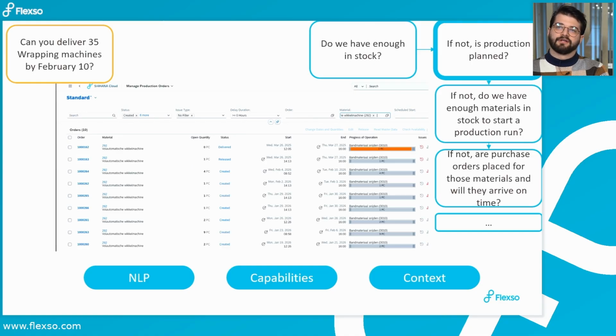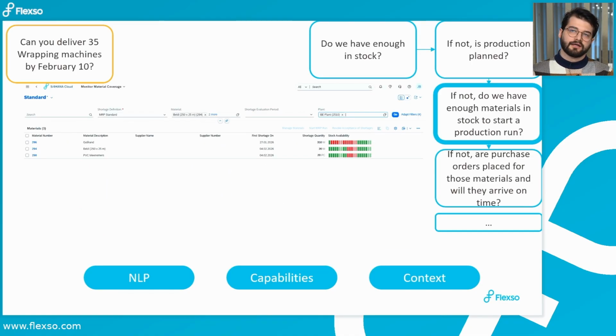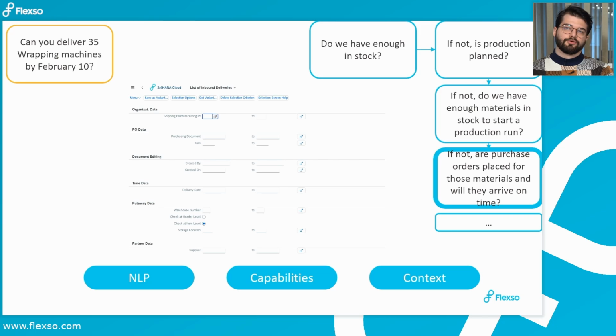If there's no answer there, then I also have to think, can I produce it? Do I have the materials to produce it? Which is, again, a different application. And if I can't produce it because I don't have the materials, I would have to procure those materials, and I would have to figure out when can I purchase them and when will they arrive. Which means I need to go through many different applications before I can find the answer to a relatively simple